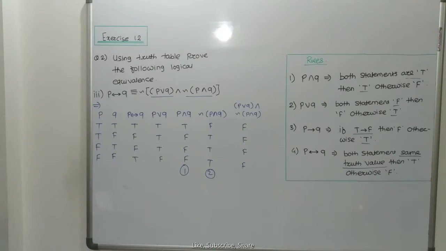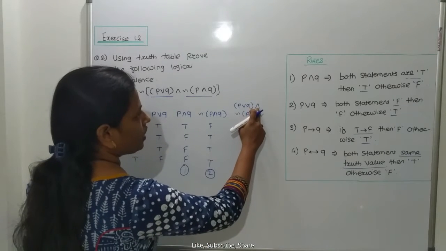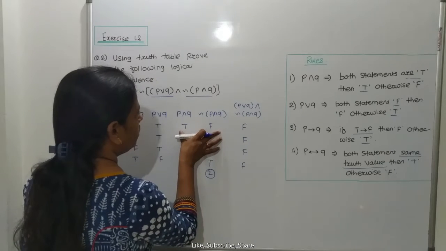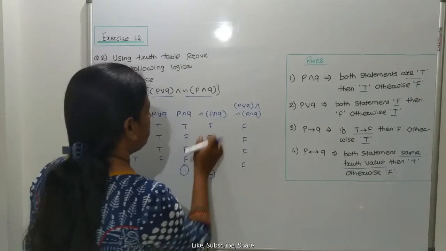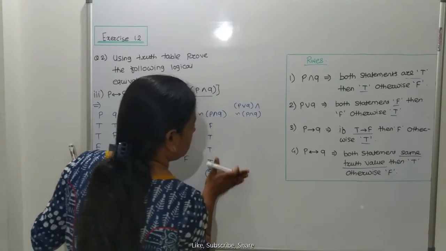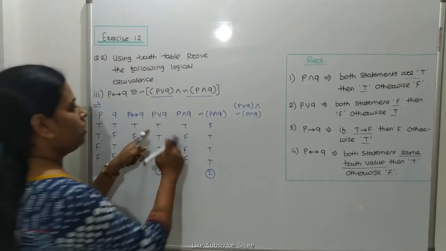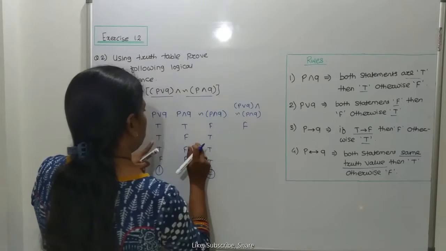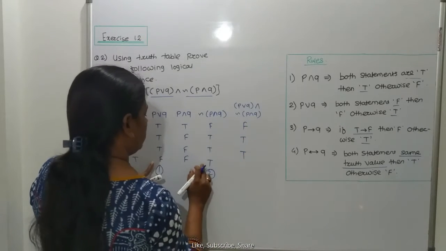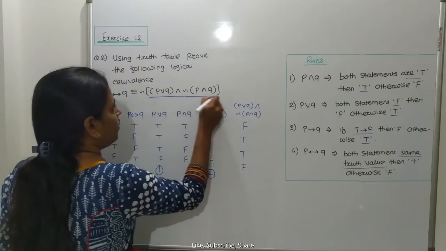So now next one is there. For the AND operation, we have to take these two. This one is the first and this one is the second. Therefore, this one is wrong. So false, true, false, false. True, true, true is there. Then it is false. Now, next you have to complete this bracket.